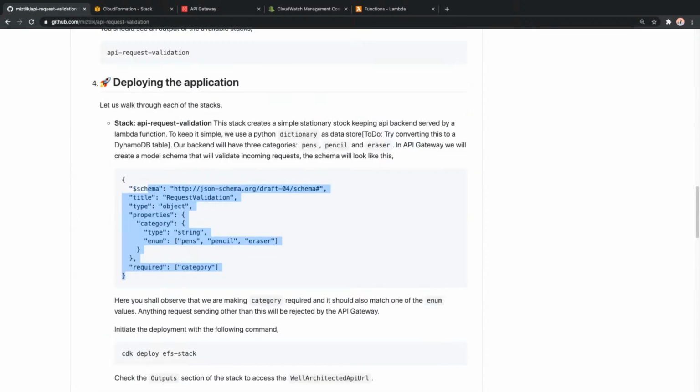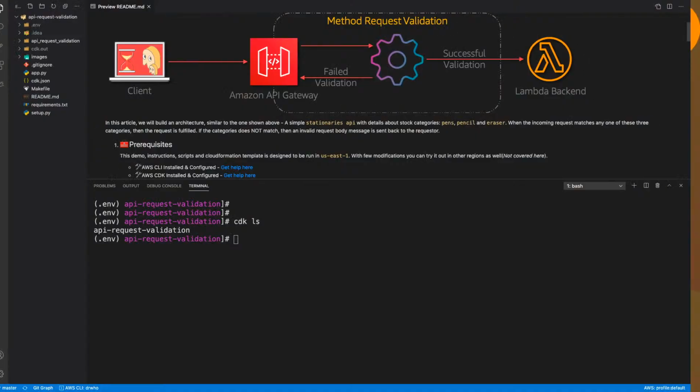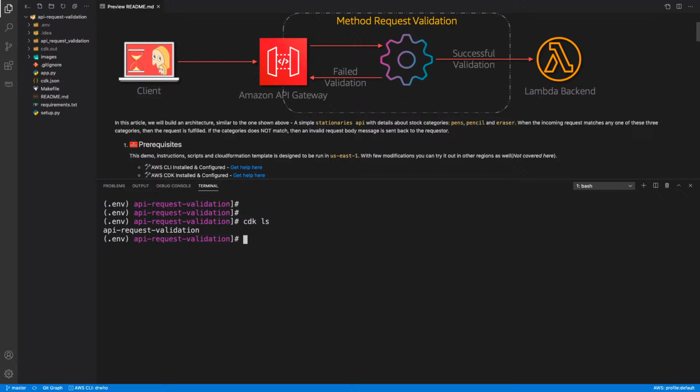We are most probably going to start at step 4 from my Visual Studio Code, because, as I said, I have already cloned it in my local terminal. If you have already installed your virtual environment, you should have this venv or .env if you're using my instructions. Then if you do a cdk ls, you should be able to see only one stack in the account. Let me also initiate the deployment. Once the deployment begins, we will go to our AWS console and see what resources are getting created.